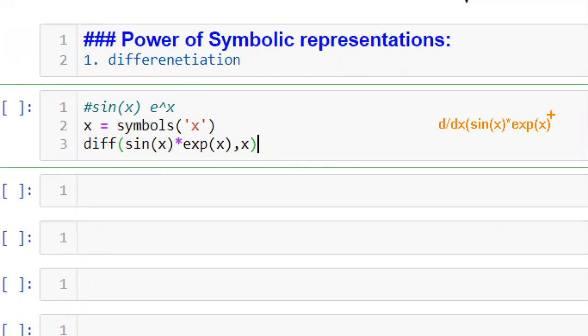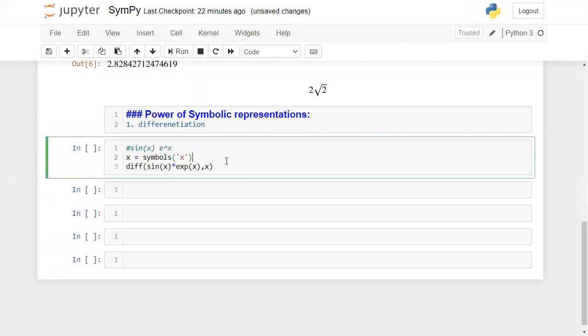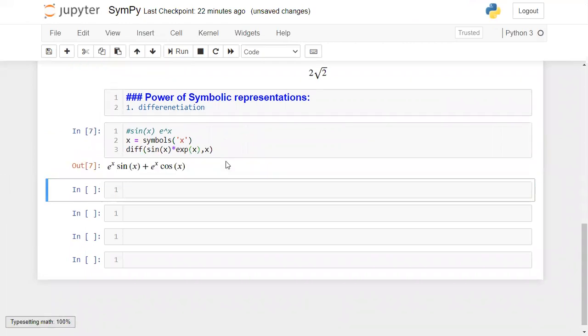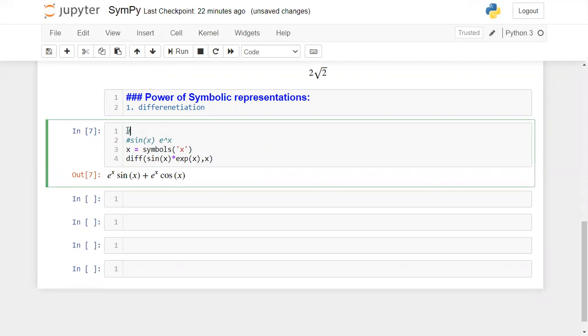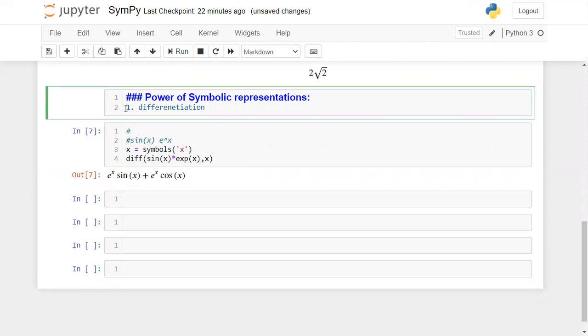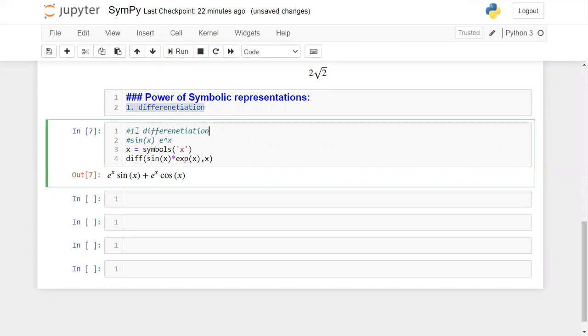The calculated value will be written on the screen. When I'm taking the differentiation of sin x into e power x, this is the value we get. In this way we can use the SymPy package for calculating differentiation.